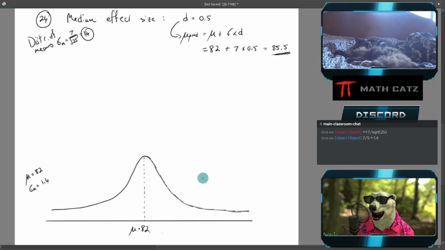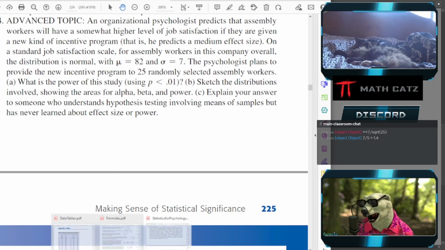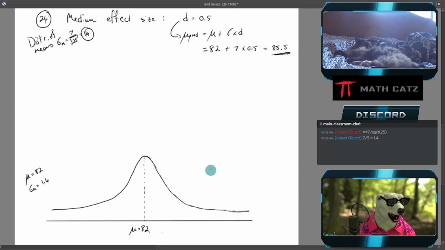So now how do we visualize what's happening in the hypothesis test? Do they give me an alpha? Yes, they are looking for an alpha of 1%. Okay, great. So let's indicate that